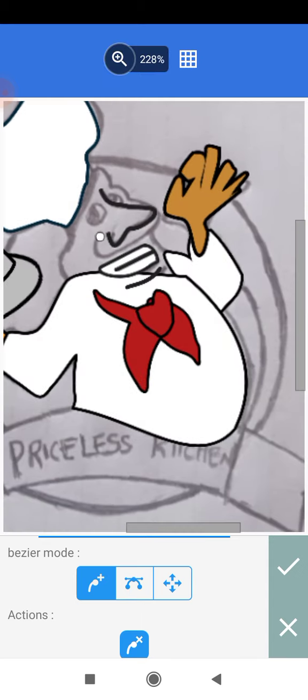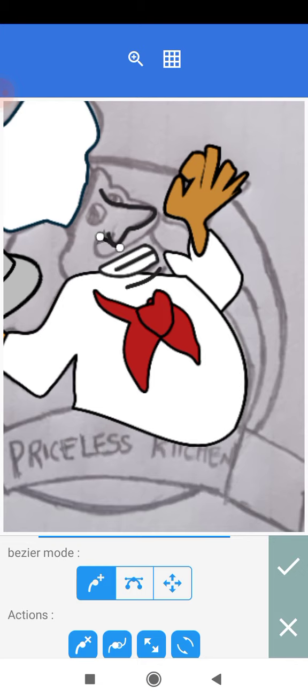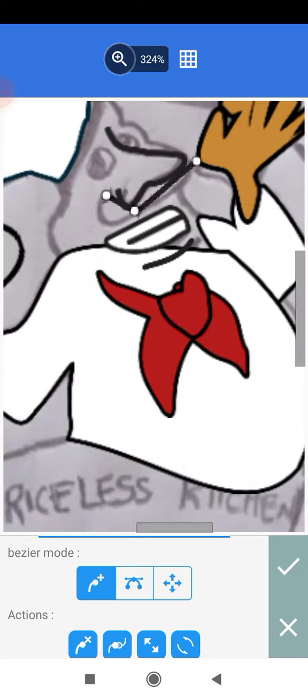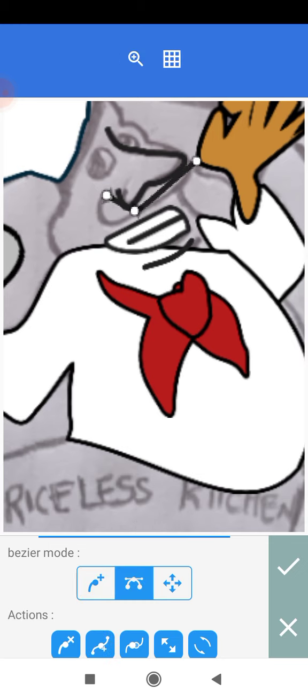But let me zoom in. I'll add a node here, and I'll add another node here. So I'll zoom in properly, and then I'll use this to make some adjustment here. So I'll select this,